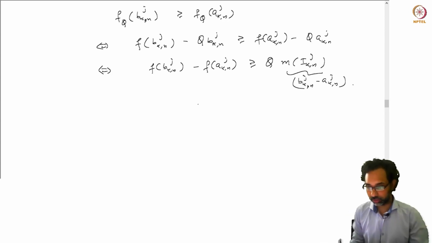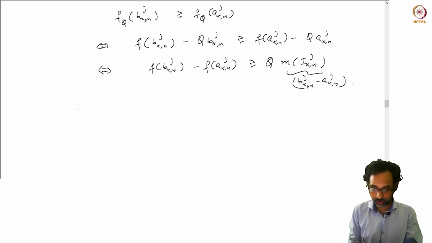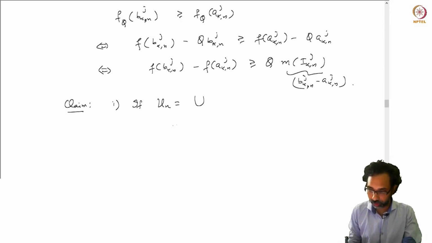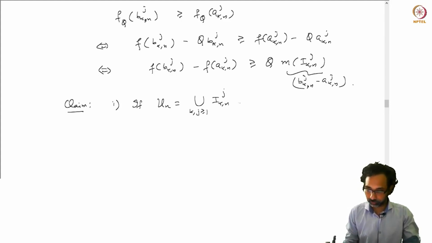So now we have these two inequalities which will help us estimate our Dini derivatives. So I claim that if I set U_n to be the union of k and j greater than or equal to 1, I_{k,n,j}. So I am taking the union over all k and all j, then E_{q,Q}